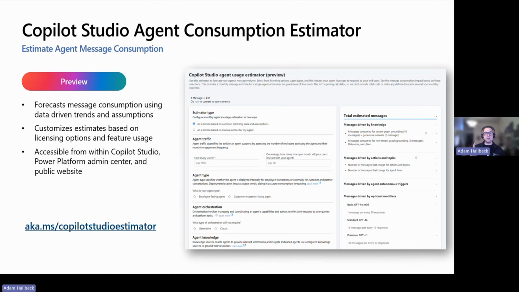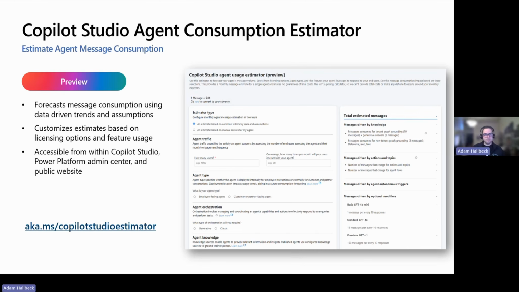It takes into account whether this is set to generative orchestration mode, so generative actioning, or the classic, more topic-based, more chatbot-like structure internally. So it takes those design concepts and rolls that into an estimated message capacity. So it gives you how many messages it anticipates that it will need,